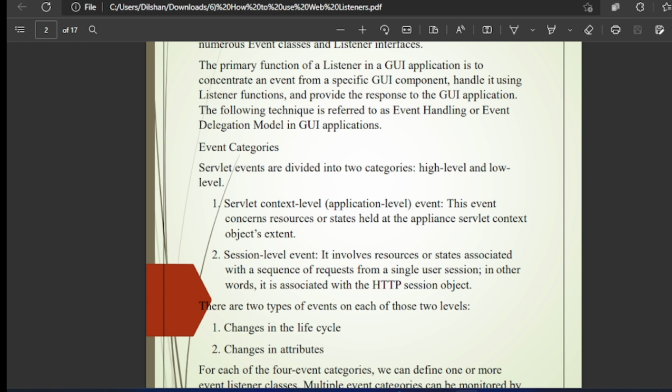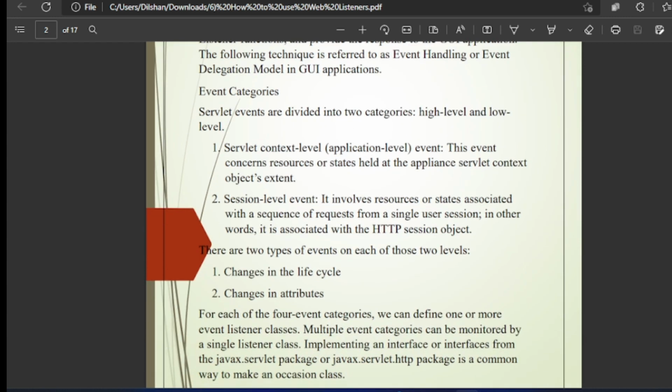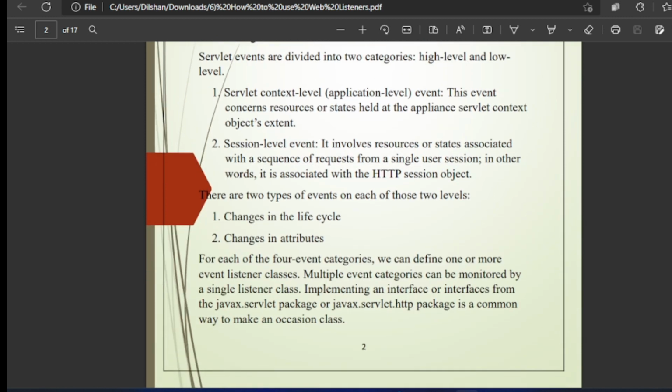There are two types of event on each of those two levels: changes in the life cycle and changes in the attributes. For each of the four event categories, we can define one or more event listener classes. Multiple event categories can be monitored by a single listener class. Implementing one or more interfaces from the javax.servlet package or javax.servlet.http package is a common way to make an